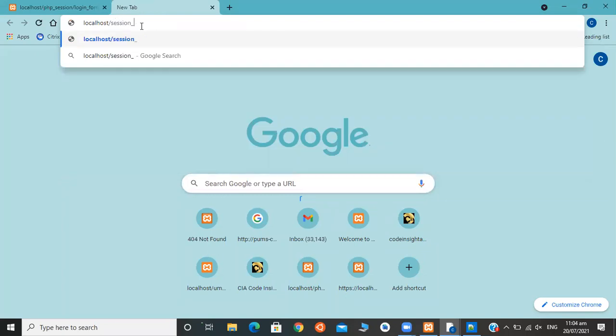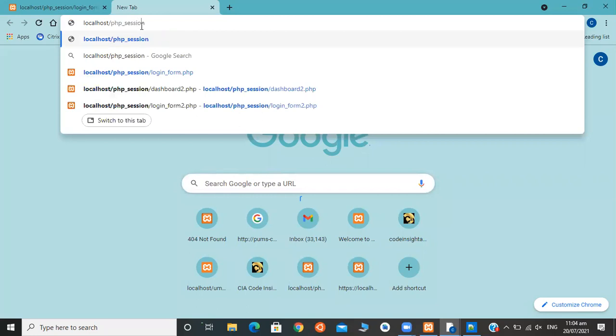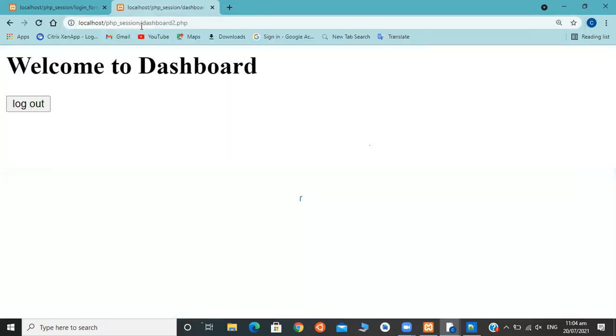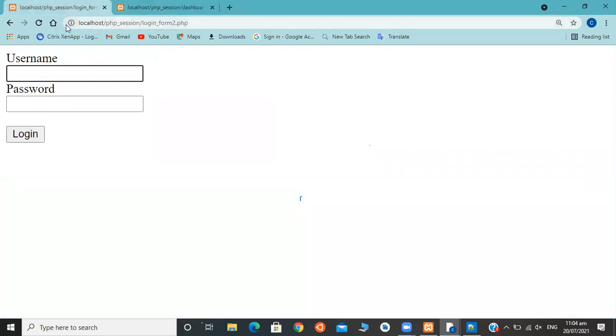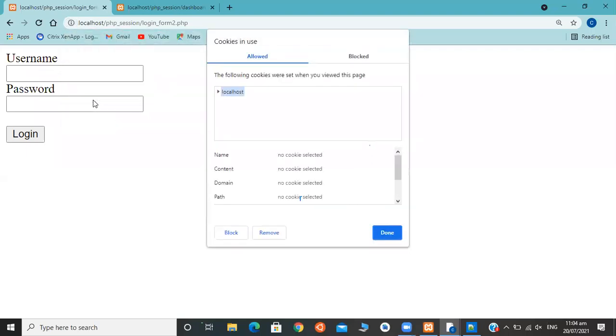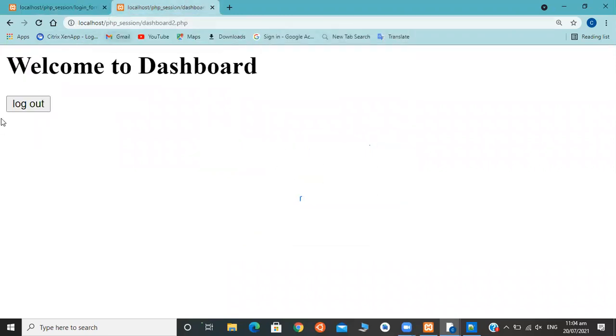PHP session, dashboard2.php. So here the session is on.